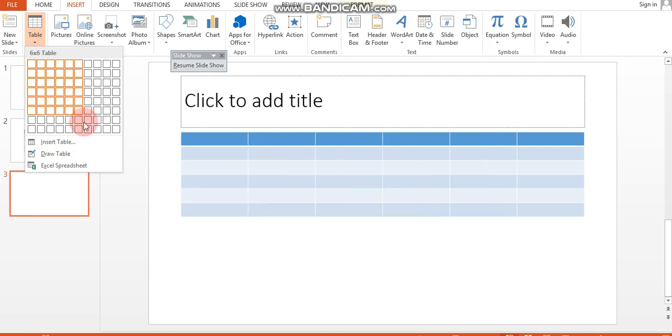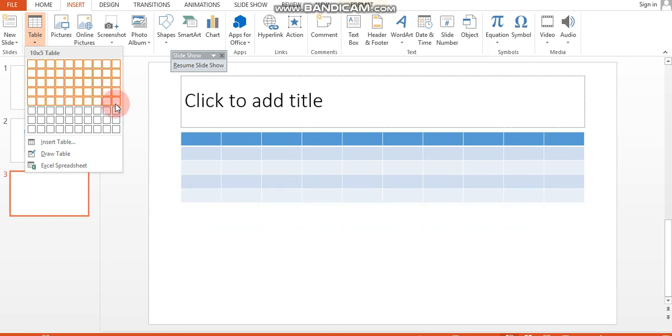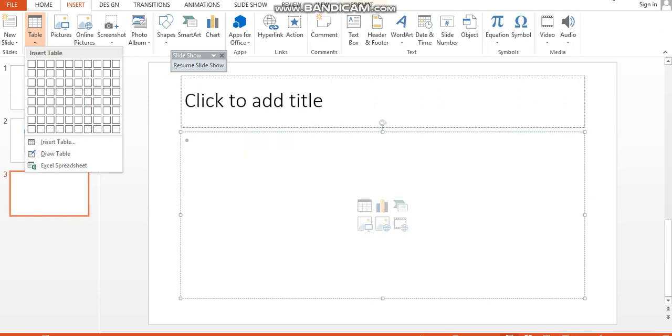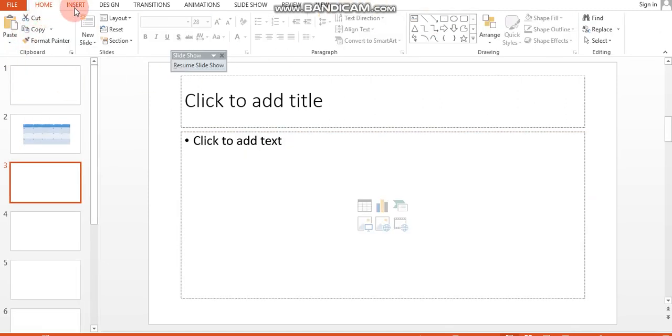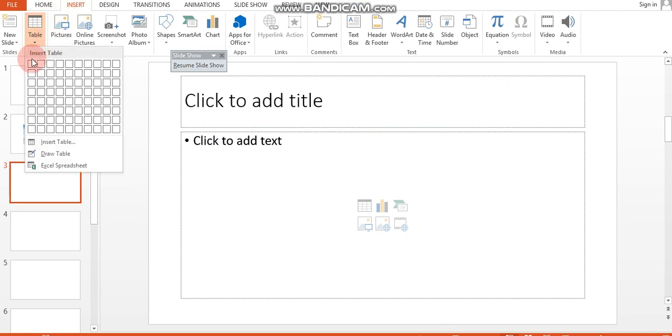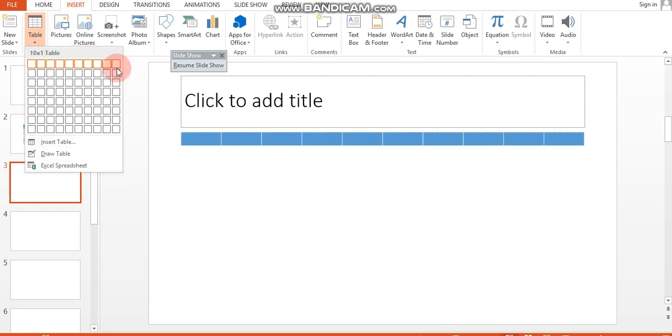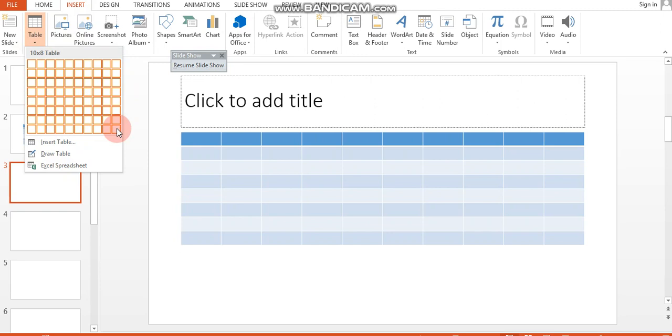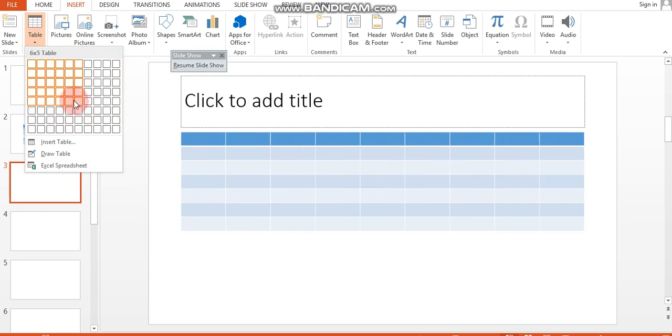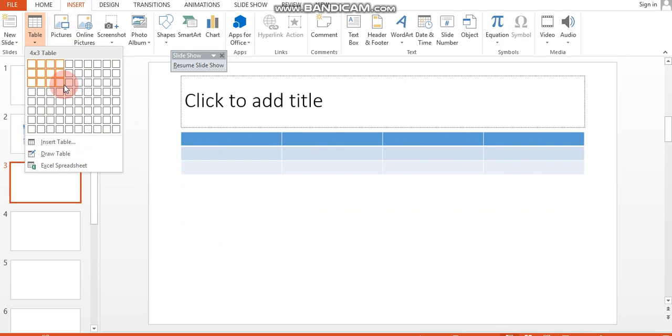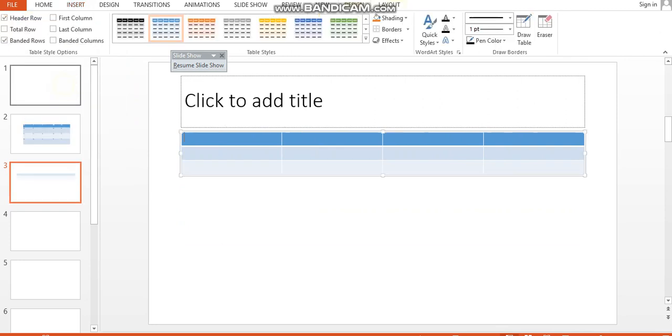So you have to select from here the number of rows and columns you want, but here it is only 10 columns by 8 rows, so you can insert that much only. This is the second way to insert a table. Suppose you have 3 rows and 4 columns, so this way you can insert it in your slide, right?